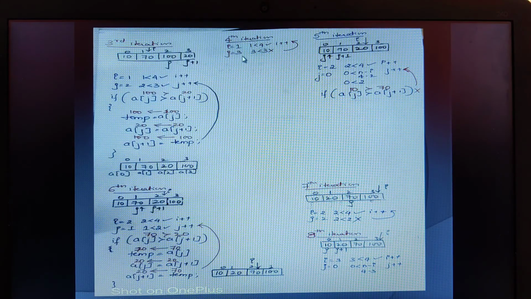So j is equal to 3. 3 is less than 3 as per the condition. The condition fails. Once the condition fails, we are again incrementing the i loop. Therefore i gets incremented. When i gets incremented, it will start pointing at the second location. So at this location i is pointing.